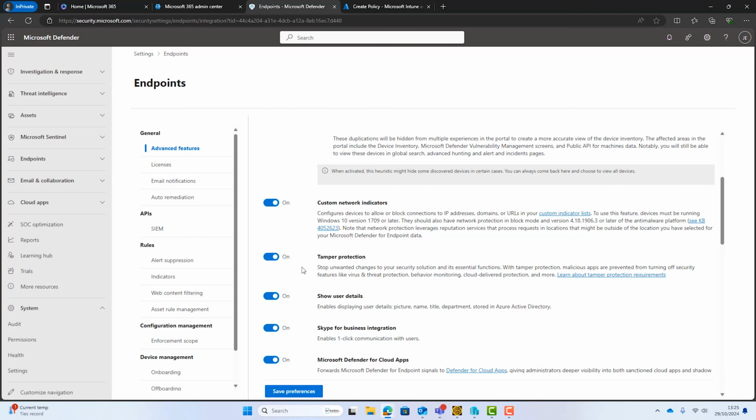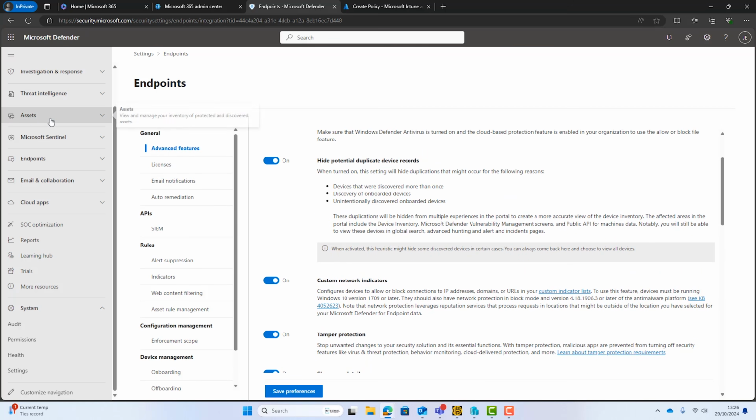Now, another thing when it comes to tamper protection: what happens if you're working in IT support and you've got a user who calls up and says, I've got this application, it's not working well. I've spoken to the application company and they said it's due to my security software. So what you've got to do is maybe disable the security software or change it for a limited period of time while you investigate that issue. How can you achieve this with tamper protection on?